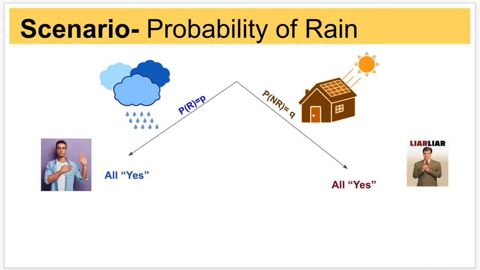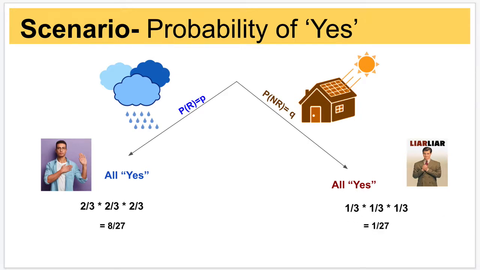So now we have all 3 friends have said yes, but there is a probability that they could all be telling the truth or that they could all be lying, because remember, they all said the same thing. So we want to know now the probability of one friend telling the truth is 2/3, so the probability of all of them telling the truth is going to be 2/3 cubed, and the probability that they're all lying is 1/3 cubed. And so we have the probability of all the yeses being truthful, 8/27, or all of the yeses being a lie,